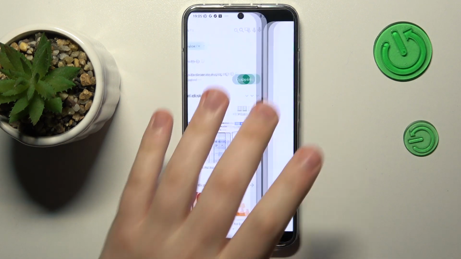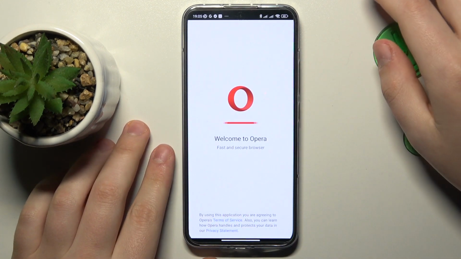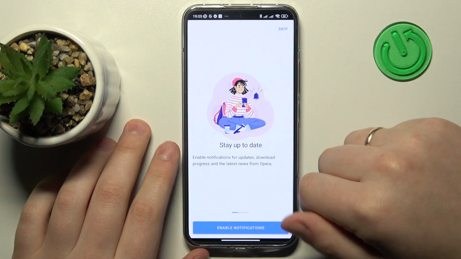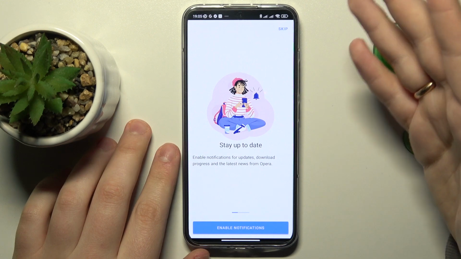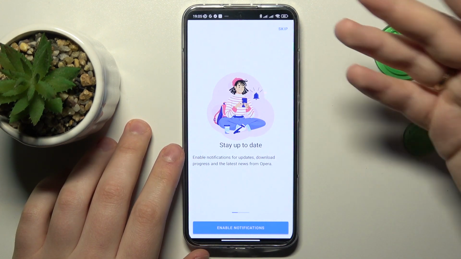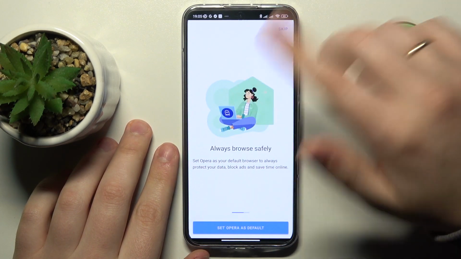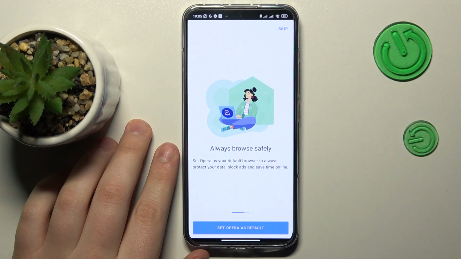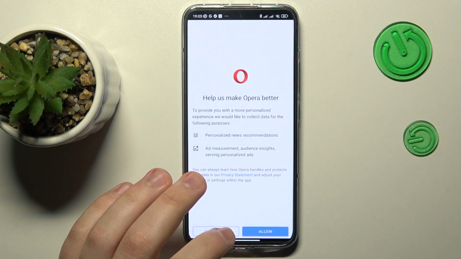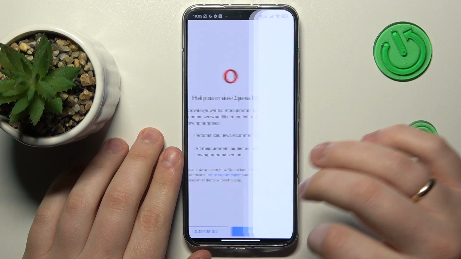Now you can go ahead and launch the app. In here, while opening Opera for the first time, it is required that you undergo a very simple setup procedure. So starting with the choice to either enable or disable notifications, or perhaps you would like to set Opera as your default browser app right off the bat. And finally, you can either customize the permissions that will be granted to Opera, or simply allow everything that it asks for and start using the